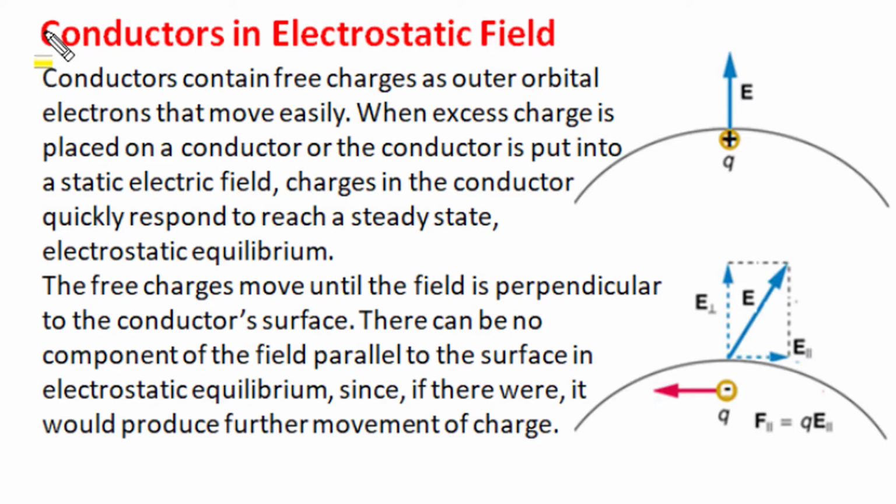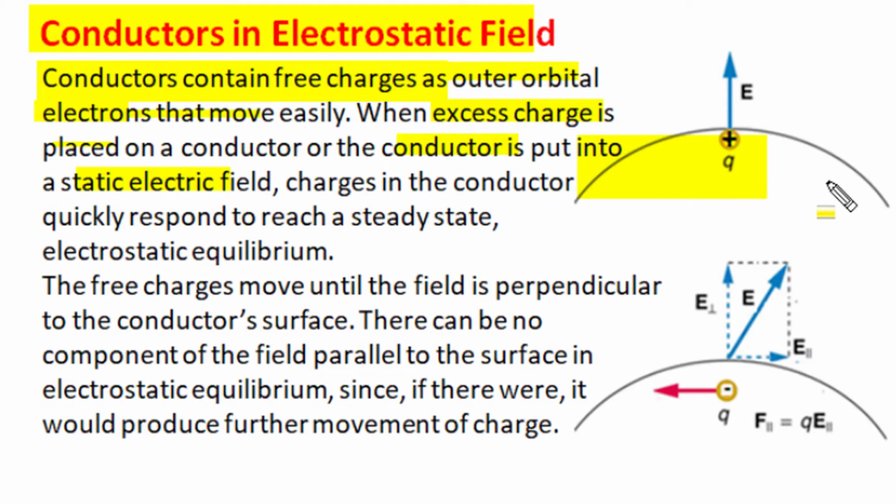Let's start. Metallic conductor materials have different behavior in electrostatic field, and the reason is that in these metals outer orbital electrons behave like free charge carriers and they can move easily within the volume of the conductor. When either net excess charge is given to a conductor or a conductor is placed in an electrostatic field, the free charge carriers or free electrons will quickly respond to that and attain a steady state equilibrium condition, and movement of all charges will cease within the material volume. In electrostatics, all excess charge will distribute itself on the outer periphery with no charge and no electric field inside the material conductor volume.